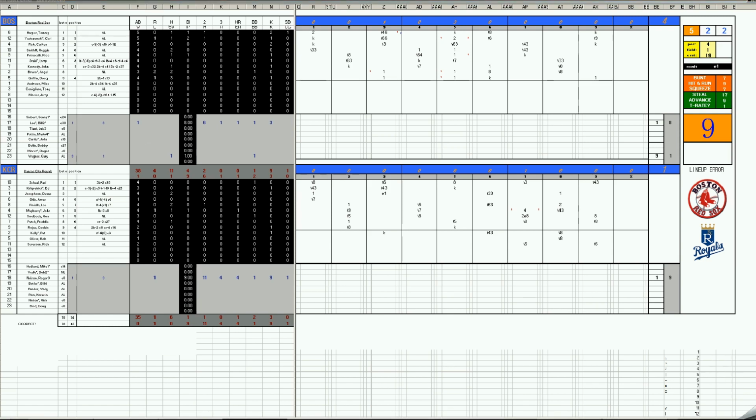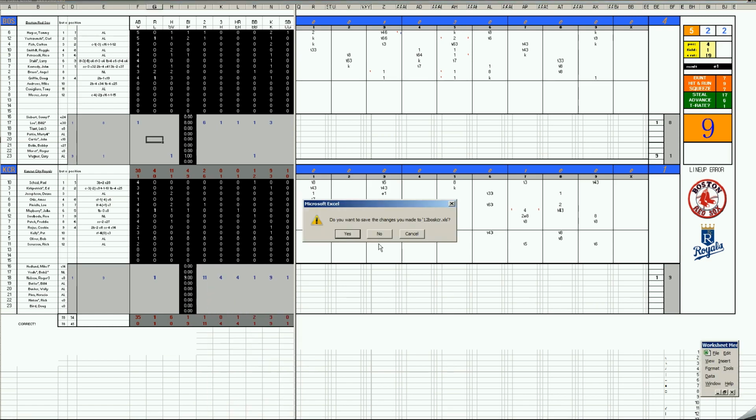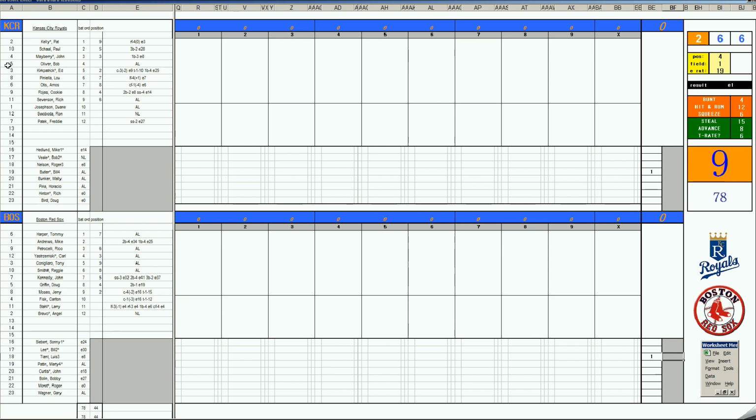And it's not getting any better, folks. They're going to Fenway Park now for a Game 3. The Royals have scrambled, shuffled their lineup, trying to find a good combination. They're going to need it. Today's pitcher, their number 4 starter, Bill Butler,